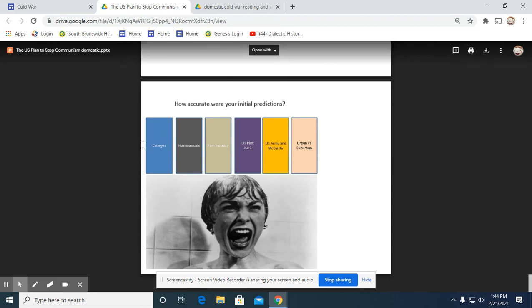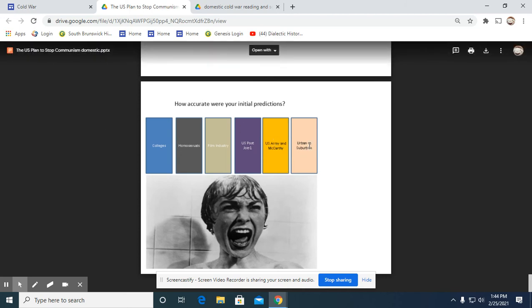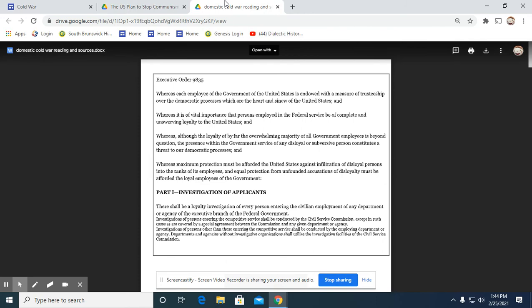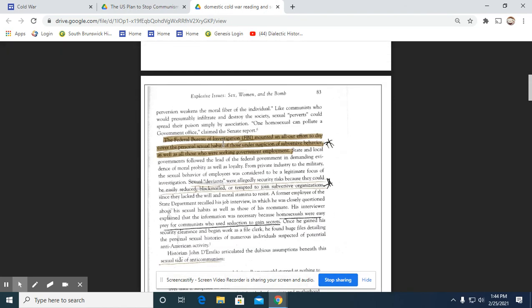So if I asked you to make a prediction about these institutions in the boxes, what would you do? What would you say counts? And then you compare it to the end of the screencast. Urban and suburban, that's really the bomb shelters. So when we take a look at some of the readings, 9835,